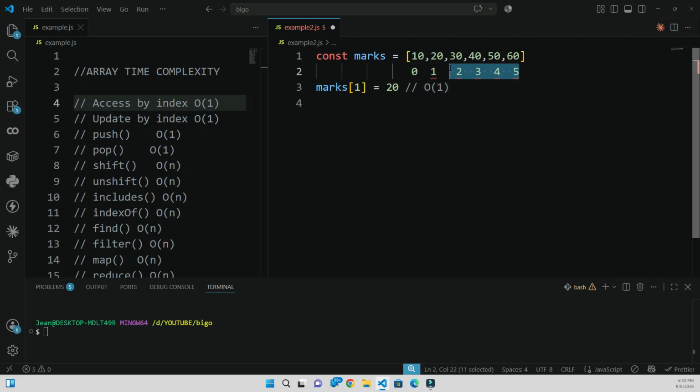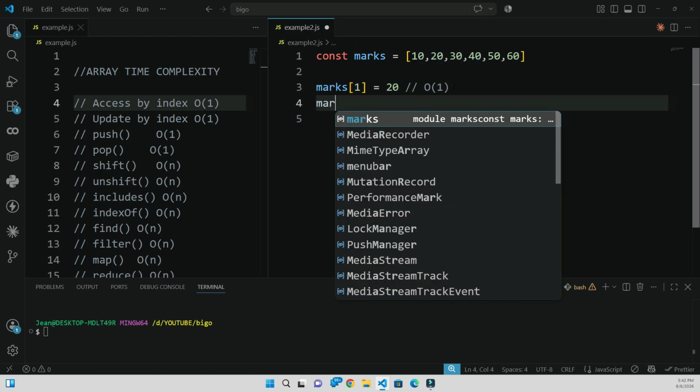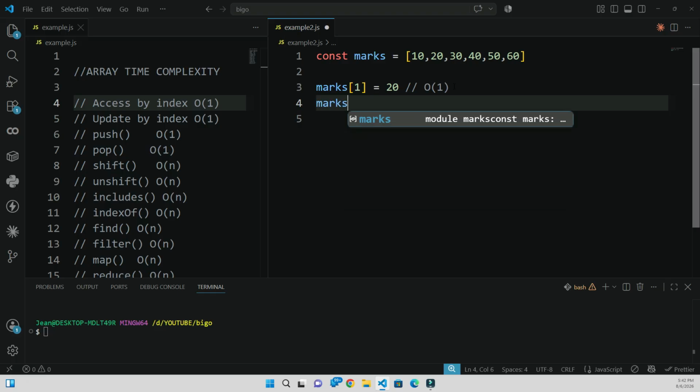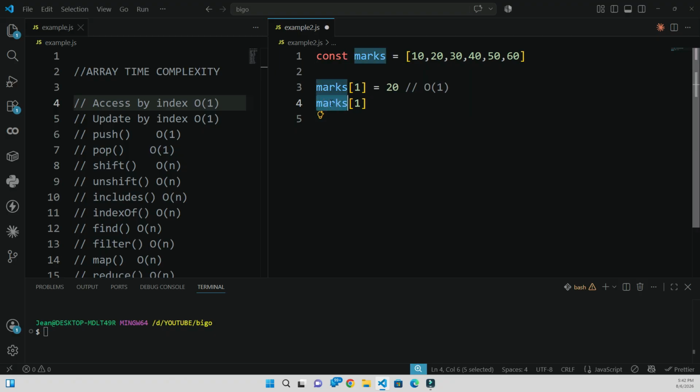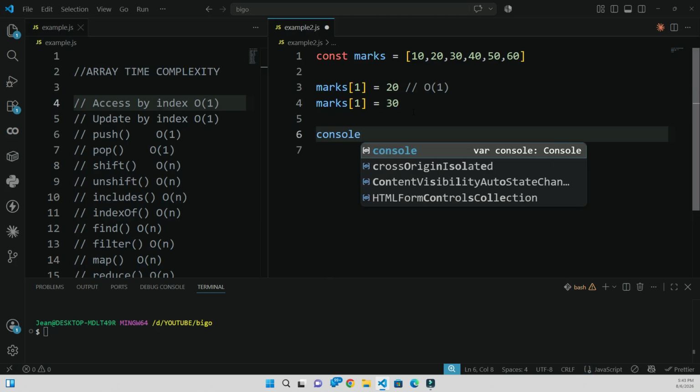Then let's move on to updating by index also. If you want to replace this 20 with another number, all we need to do is say max of 1. So we put the index where this 20 is located, then put another number, saying 30. So when we take a look at the entire array,